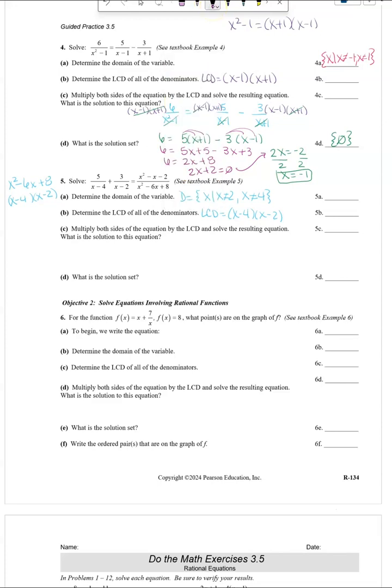So we're going to have 5 over x minus 4 plus 3 over x minus 2 equals x squared minus x minus 2. And you could write this as this polynomial, or you could write it factored. I'm going to go ahead and write it factored so it's easier to see. And then this is going to be times